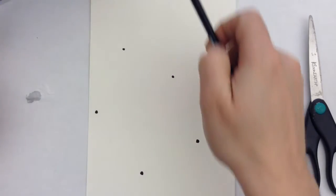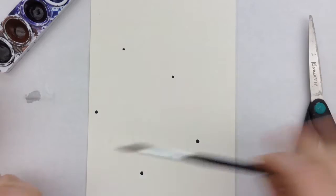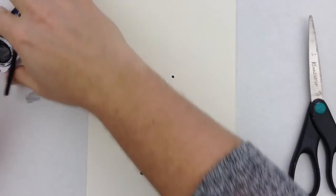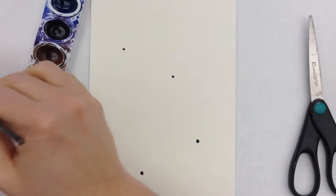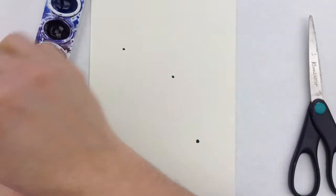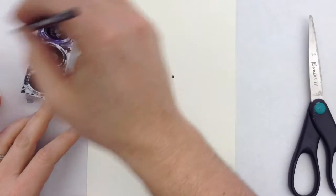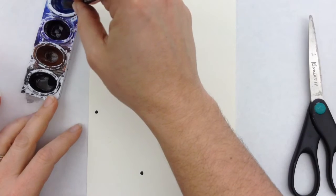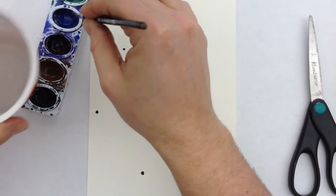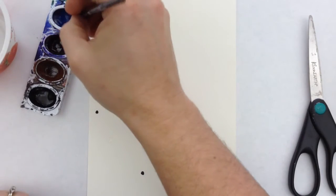We're making a forest, but we're going to add the shadows first and the trees second. Now, your shadows can be any color. You can use blue, you can use black. It's really up to you. I think what I'm going to do for mine is add blue. So I'm going to go into my blue with a little water and my brush, and we're going to make